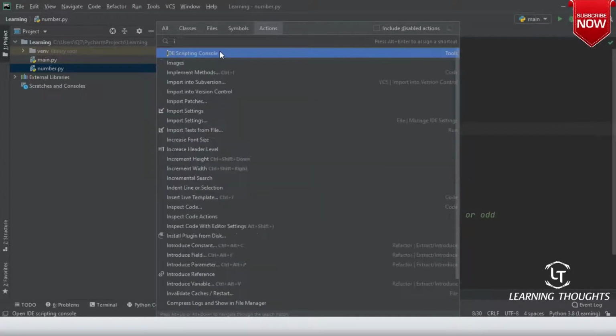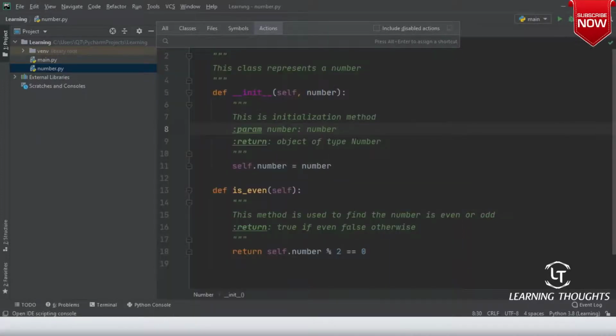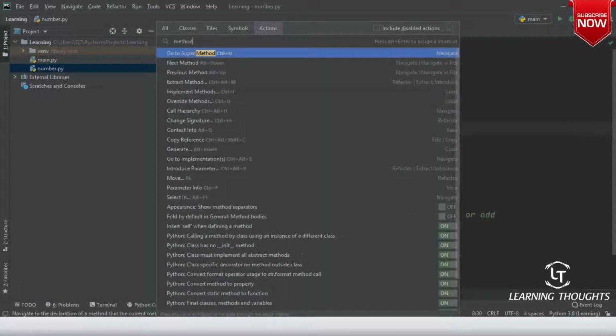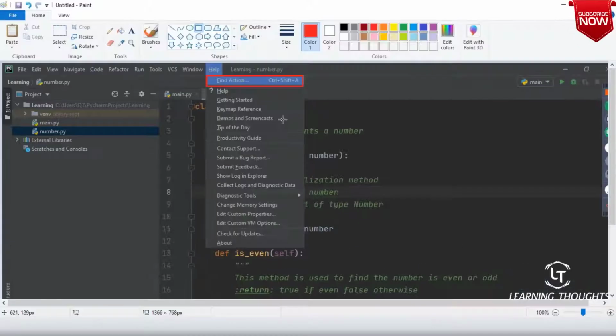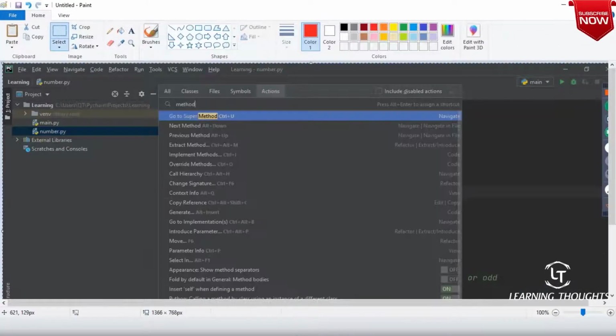Let me use this method. So are you seeing, whenever you type an action, it will tell you what are the different things that are available and what are the different shortcuts that are available for you.